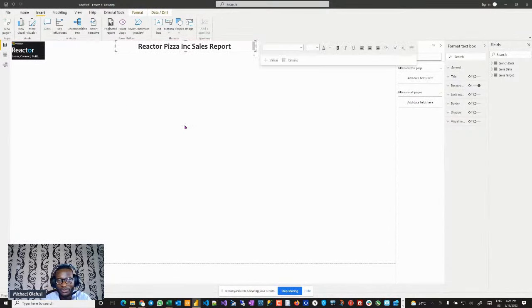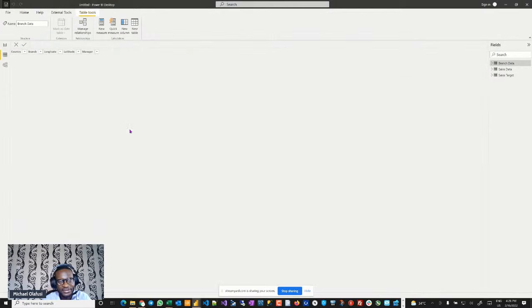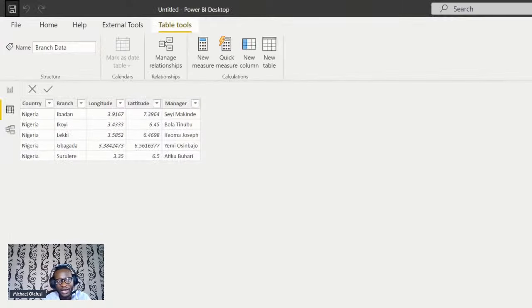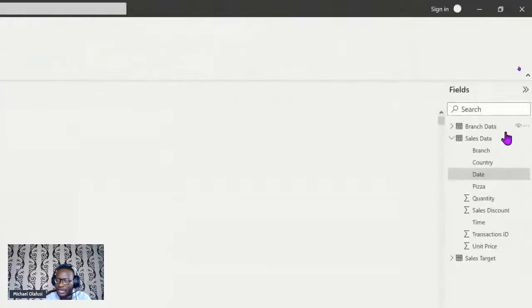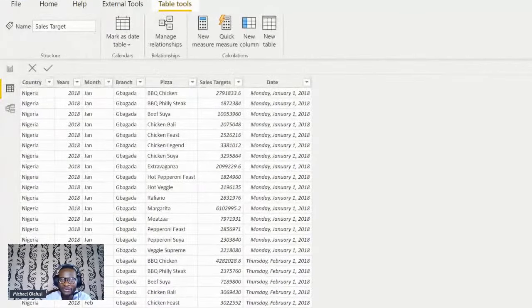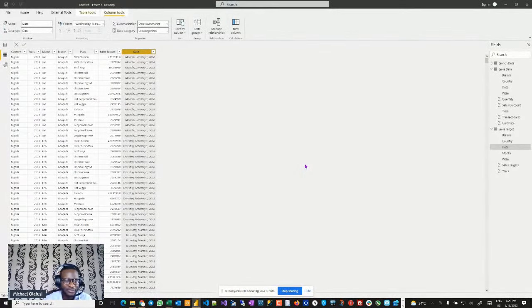Okay, so what do I want to do? I would like to allow whoever is using my report to be able to pick the year, pick the month, dimension my report by dates, by year, month. If you look at my tables, I have dates scattered across many different aspects of my data. I have dates in sales data, I have some dates here, and then I have data also in sales target. So which one am I going to use, right? As you probably have learned, it's recommended that you have a dedicated date table. So how can we create a date table?